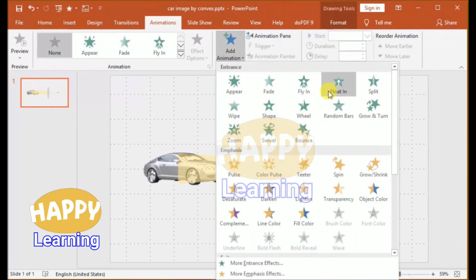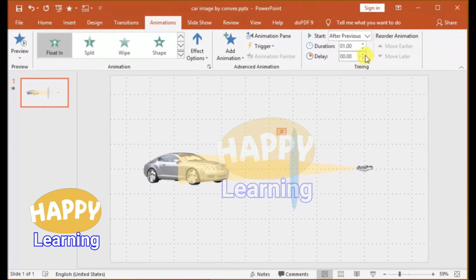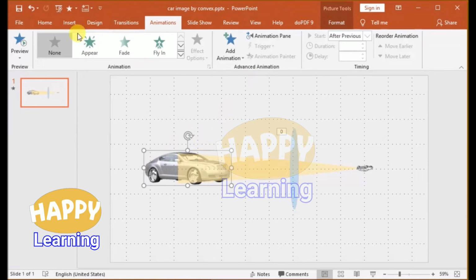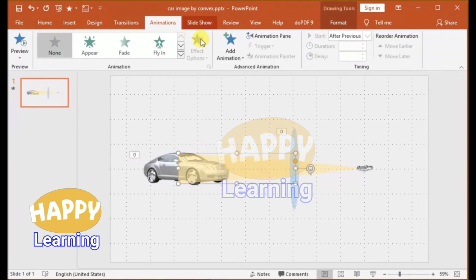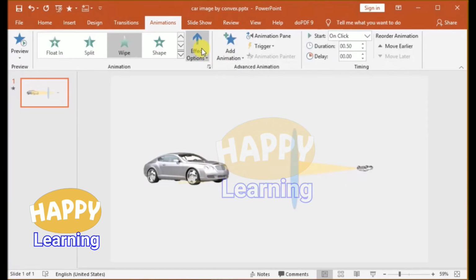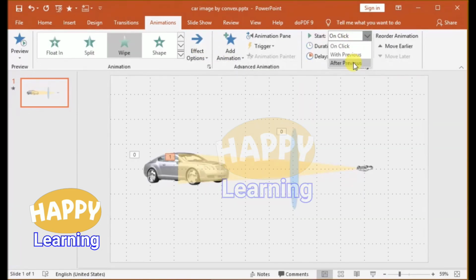Now select the lens, go to add animation. I have selected float in, then selected the car image, add animation. I'm giving fade, go to after previous, set timings, delay time 0.5 seconds, and fade time is 0.5 seconds. Then this trapezium, I've selected add